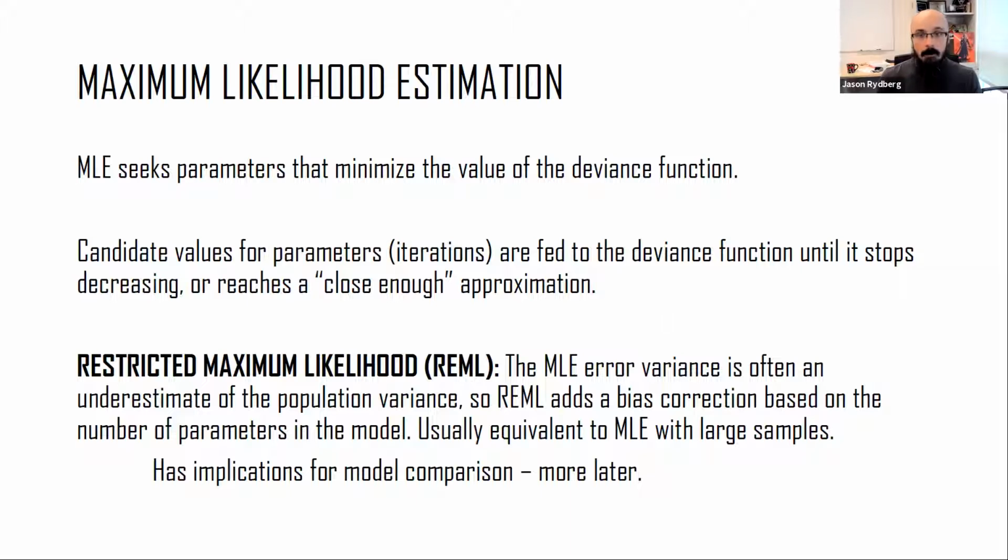Sometimes the error variance that comes from maximum likelihood is a bit of an underestimate of the population variance. So what you might hear attached to maximum likelihood is something called restricted maximum likelihood, or REML. What REML does is provide a bias correction dependent on the number of parameters in the model. With a large number of parameters, REML will be different from the maximum likelihood estimates, but the larger the sample size gets,